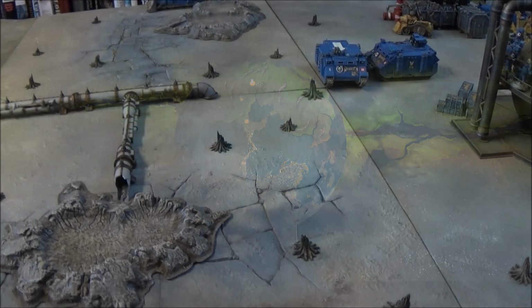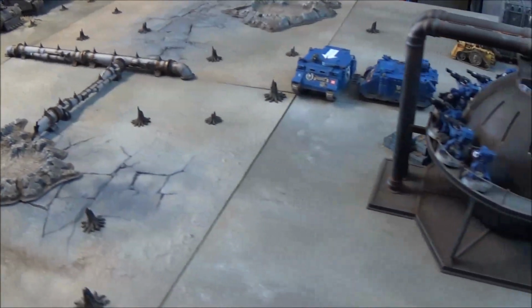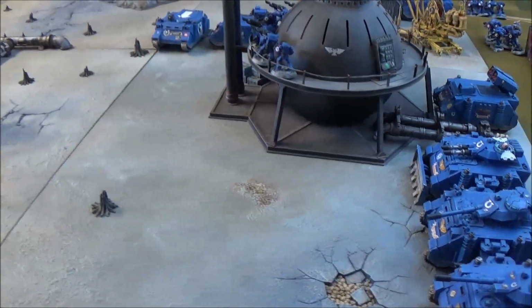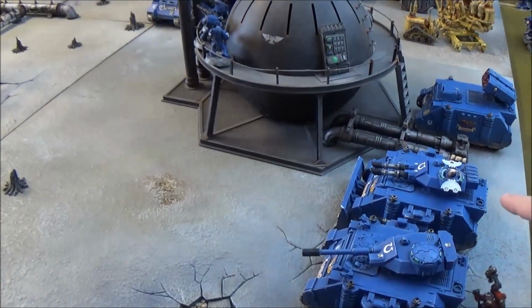So what we'll do is have a look at deployment. So the Ultramarines have to put down a unit first, then it bounces backwards and forwards. So the Ultramarines have ended up like this. Main things to look out for is we've got 3 Predators here, protected by a Tech Marine. He's Kronos and he's